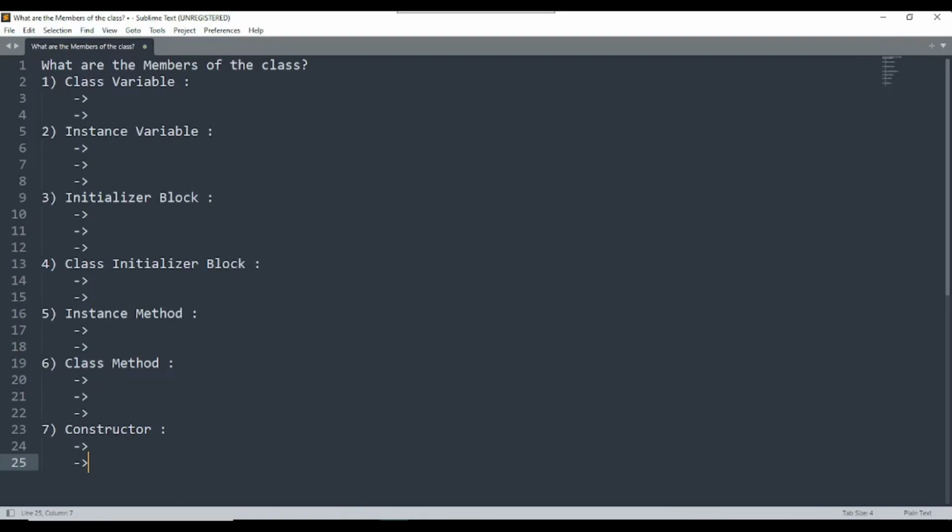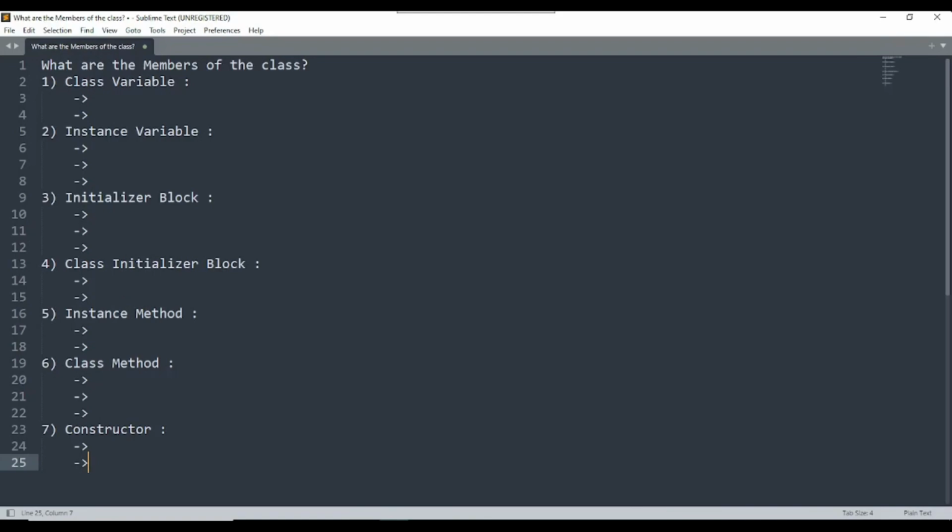And one more point is, you cannot access a non-static variable in a static context, because static loads first. You can access only a static variable in a static method. This is also a most important point. I am repeating the sentence: you cannot access a non-static variable in the static context. In the static block, you cannot access the non-static variable. Why?